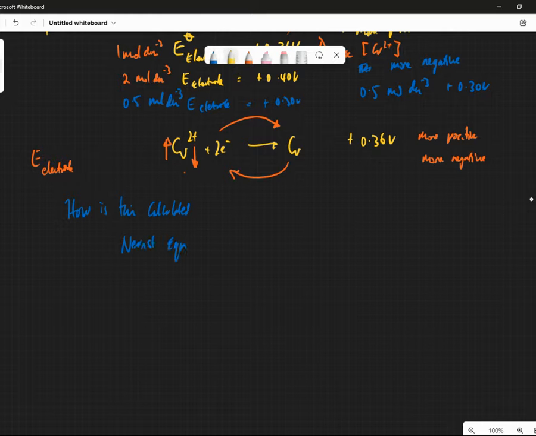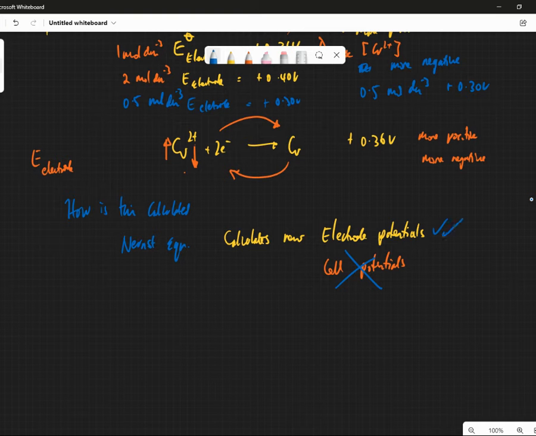Now this is a big deal. The Nernst equation calculates electrode potentials. What it doesn't calculate is cell potentials. So it doesn't calculate cell potentials, it calculates electrode potentials. And now you're thinking, what the hell's that? Well, if I look at the copper system that we've done already,